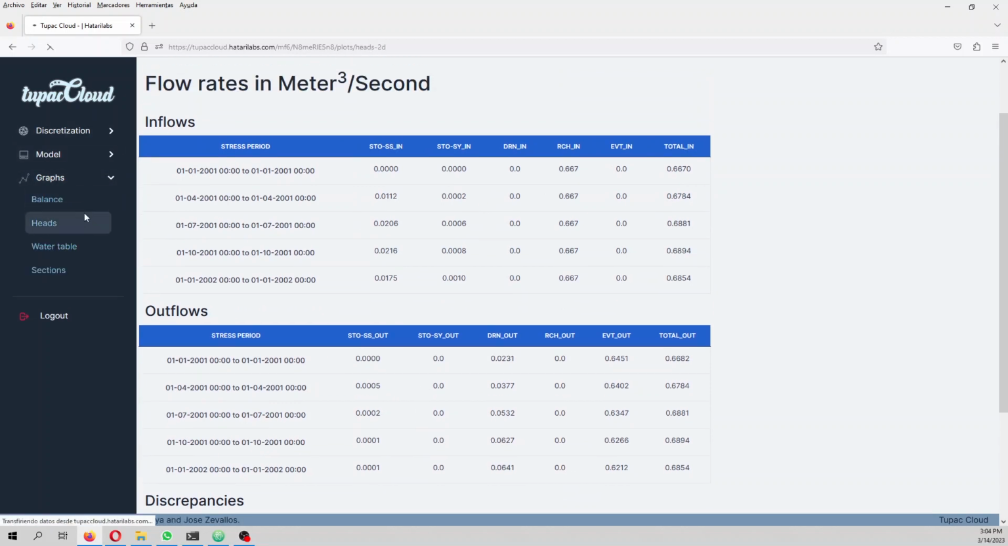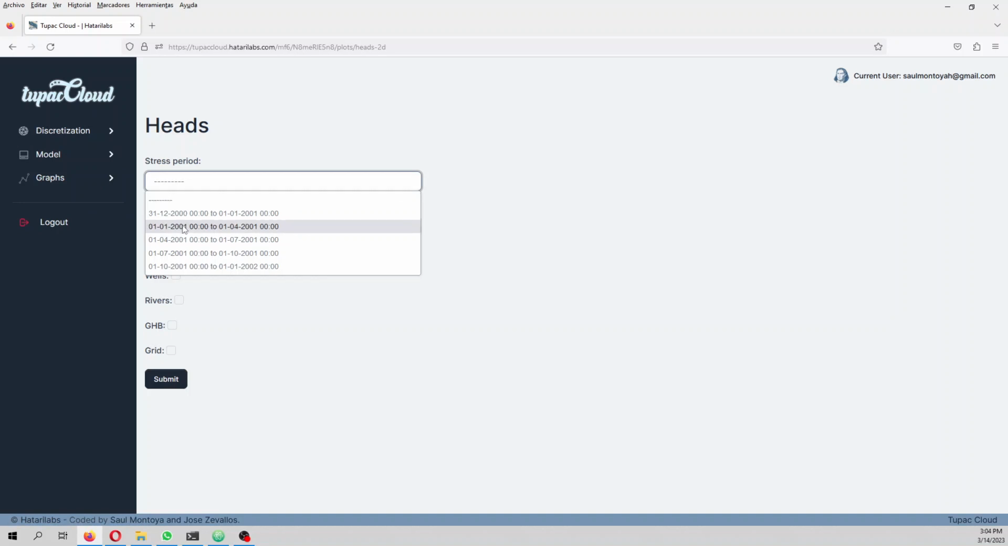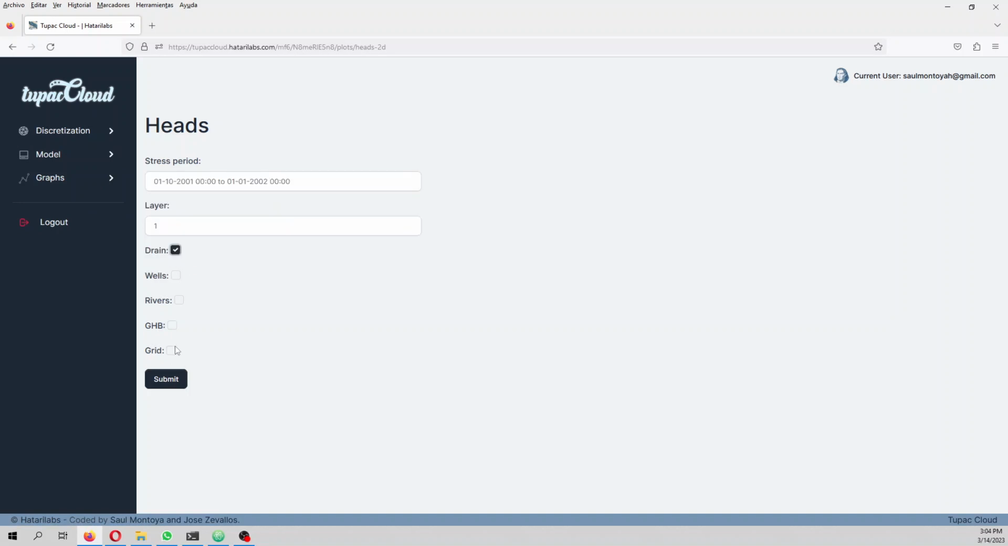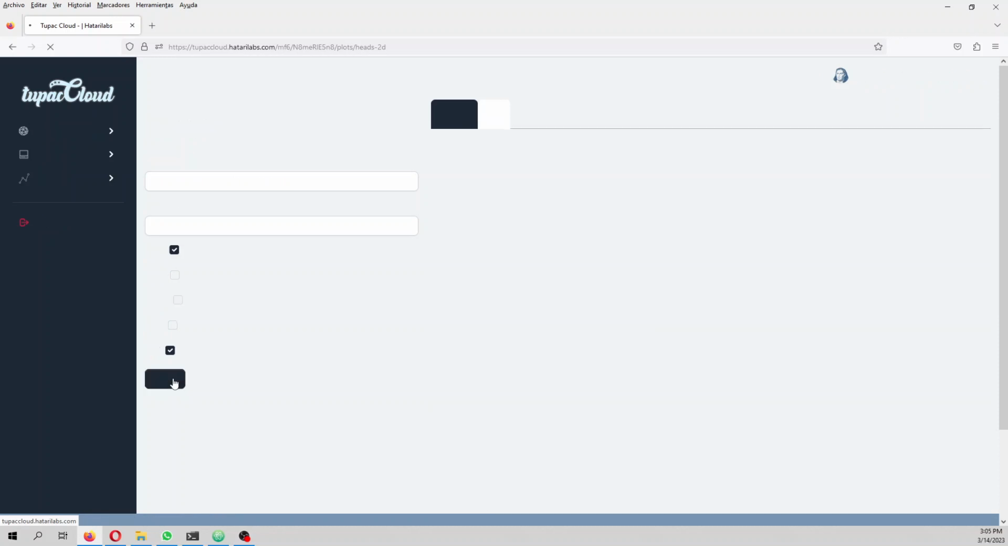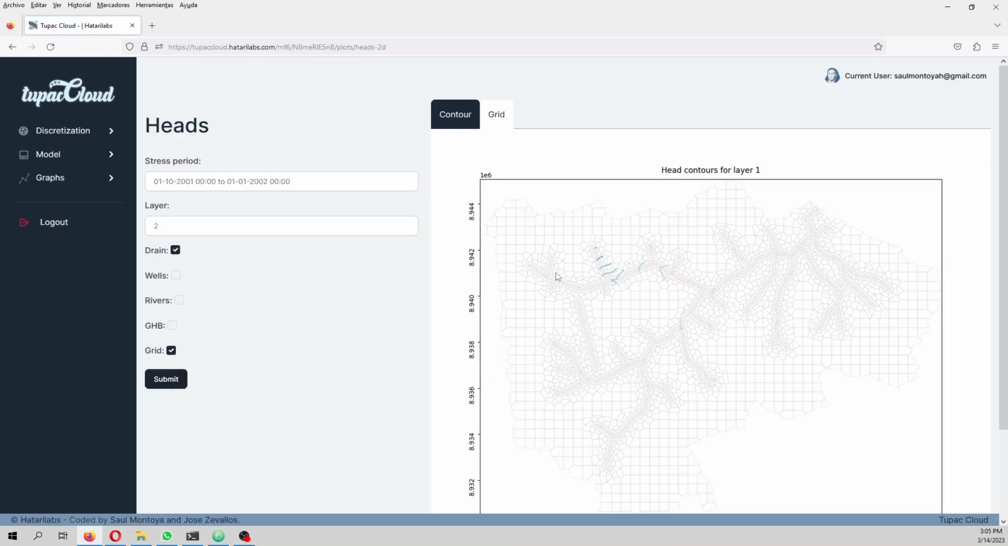But let's see the head distribution for the final stress period on the grid. Since the differences in elevation are huge, for example, for the first layer we don't see that much, neither as contour nor as grid. Okay, but if we go to the second layer, we see some heads here. But if we go to the third layer,